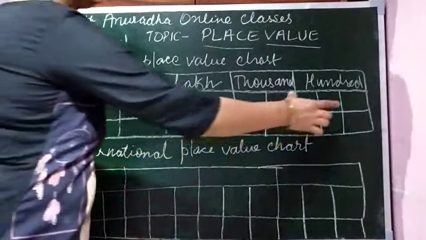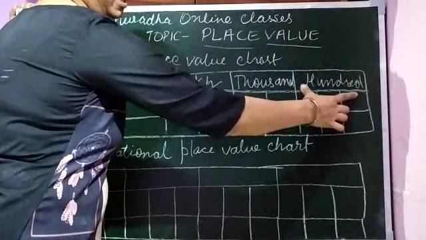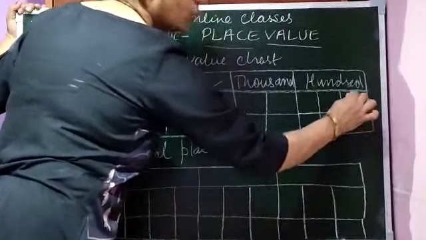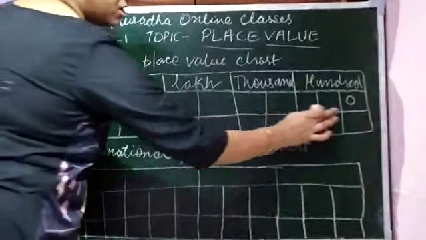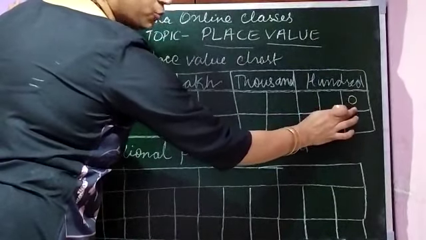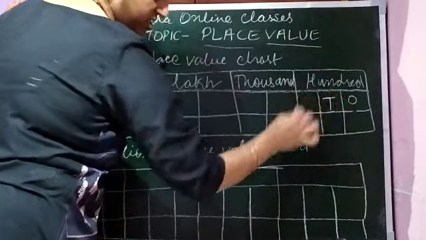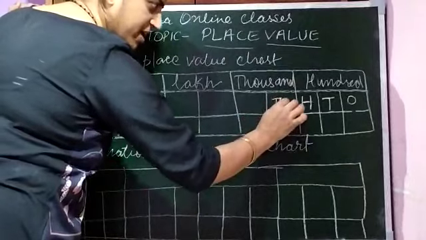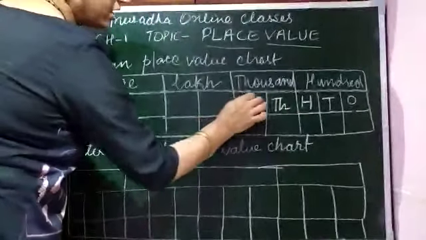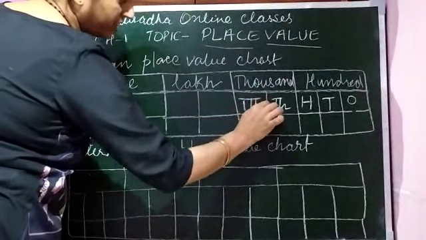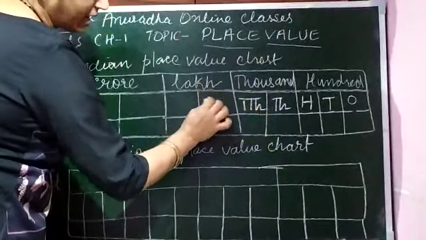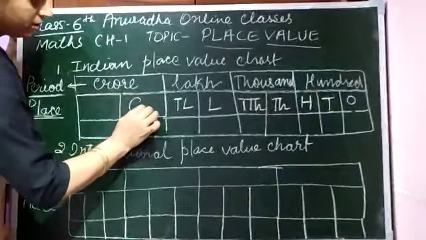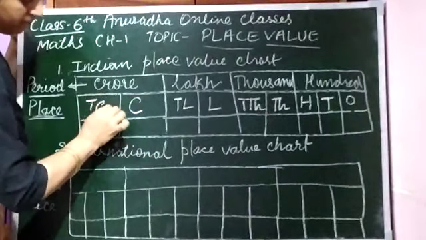See, the first column, that is the ones column. What is coming under that? Ones place. These are places. So the very first place is ones place. The second place is tens place. The third place is hundreds place. Then it is thousands place, and we write it TH. Then 10,000, for which we write TTH. Then lakhs, L. 10 lakh, TL. Crore, C. And 10 crore.